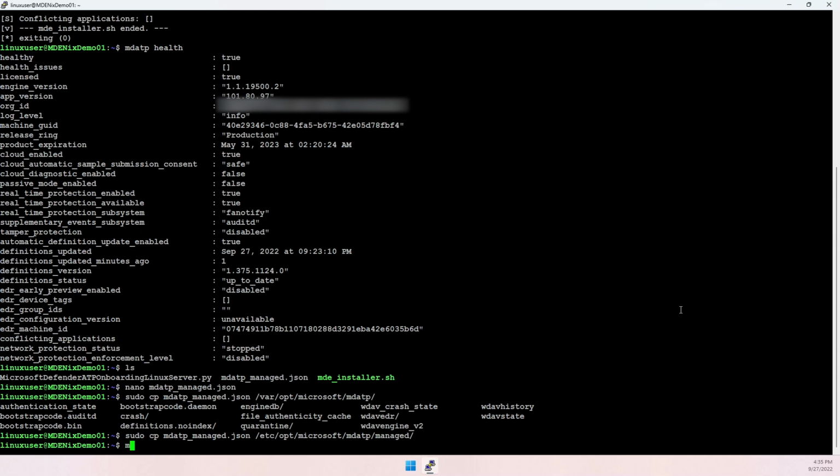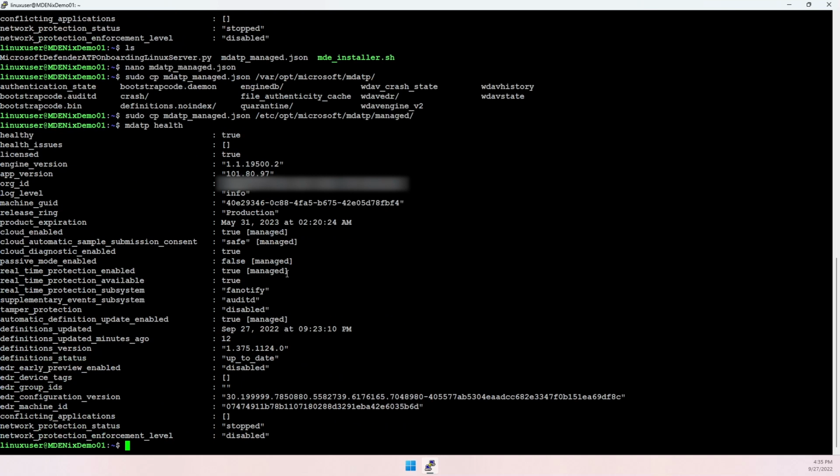And at that point, when you run an MDATP health output, you can now see that these settings are actually being managed by the configuration file itself. So all of the items that we just set up through the configuration file are now loaded and being recognized by Defender for Endpoint. So what that means is you can create a JSON managed configuration file, and you can